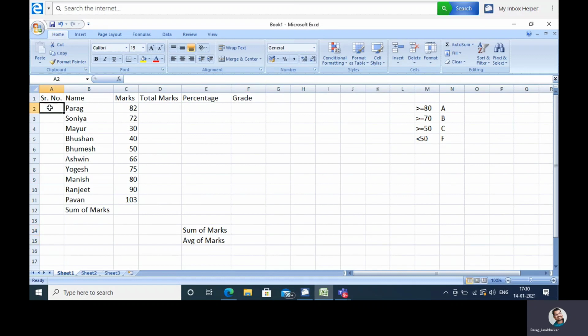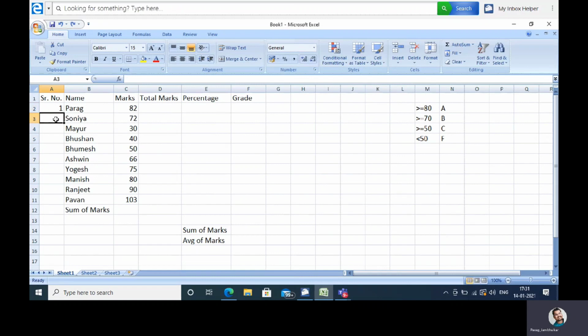So we'll start. So I want to print serial numbers. So I want 1, 2, 3, 4. So see here I want 1. Now normally if I select this, nothing will happen. If again I am clicking here and I'm taking this cursor over this point, and if I drag this, I'm getting 1, 1, 1 only. But I don't want that. What I want, I should get 1, 2, 3, 4.